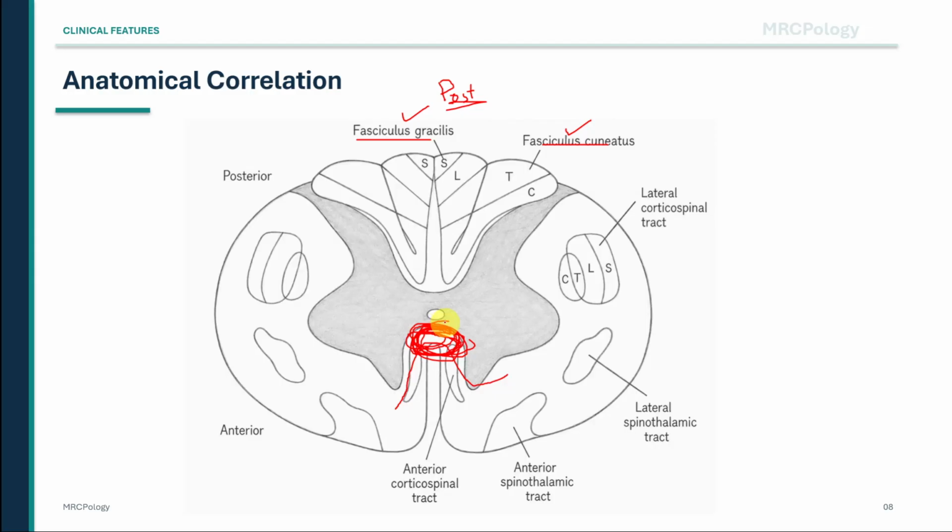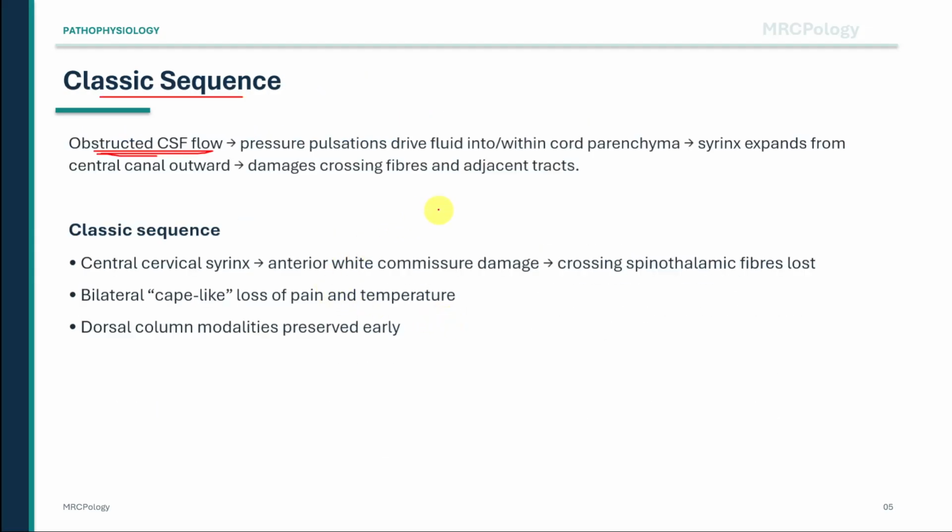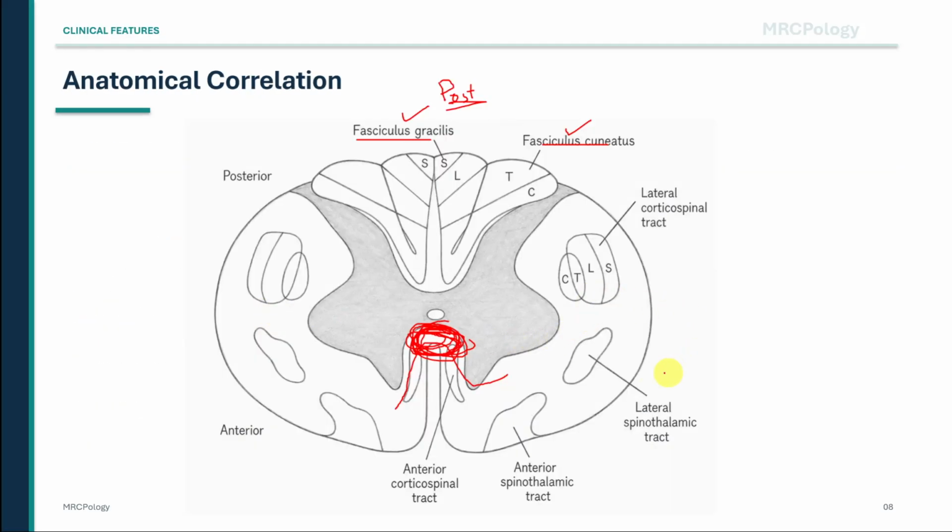In syringomyelia, the selective involvement is at the level of the crossing fibers in the anterior white commissure. Now look at the second picture, which shows the spinal cord tracts in cross-section. This diagram helps us understand the order of symptoms. The syrinx begins centrally. Near the center are the crossing pain and temperature fibers, so pain and temperature are affected